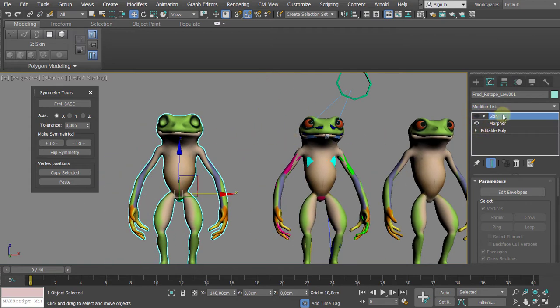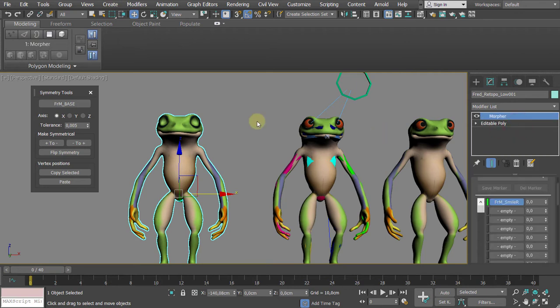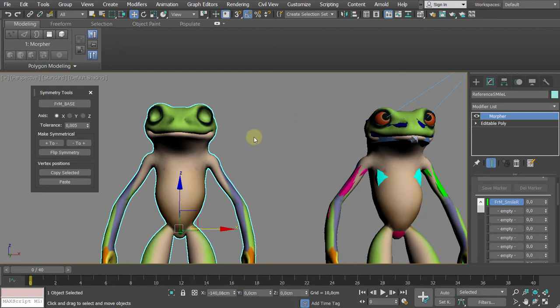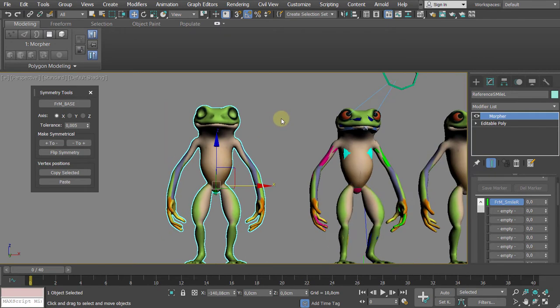Alright, now I can just remove it. It's a little bit easier, I don't have to isolate. But please note that the Morpher modifier is still there. Now, let me rename this reference: reference, smile left. Okay, so that will be my reference. It is a temporary model. So let me isolate it back,